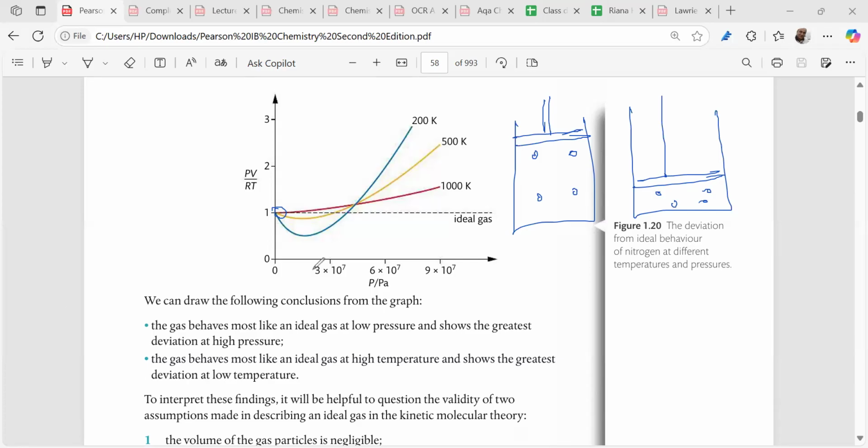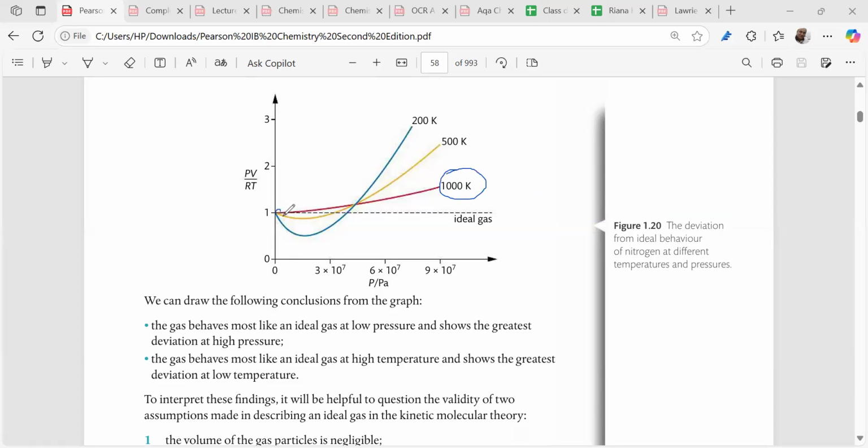We are seeing that at very high temperatures and at very low pressures. Very low pressure means what? You're pulling the piston up, right? And the particles are far away. Did you get my point? So the real gases will behave as ideal gases at which conditions? At very high temperatures, right? And at very low pressures. Understood this part, right? This is a very important part we have to nurture.